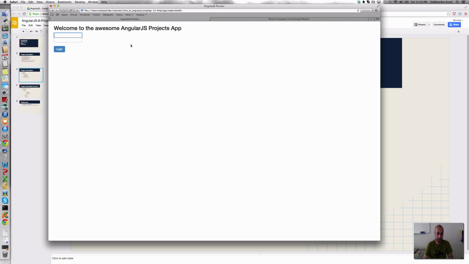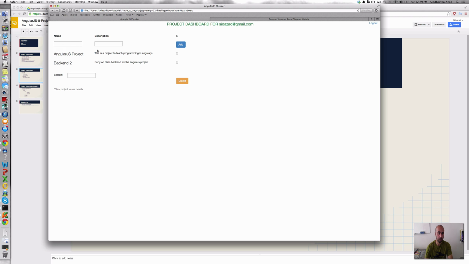The reason I picked something like this is because it gives us exposure to various things. It shows us how to use the login and logout patterns. And these are very common patterns across the front-end apps. Once you log in, it shows you the project dashboard, where we're using projects over here, but basically this is a very common pattern for web apps,